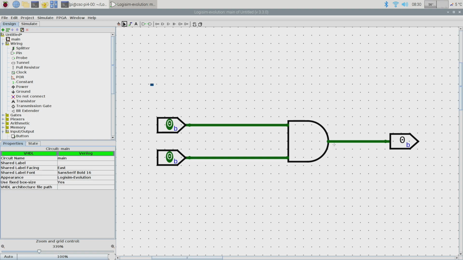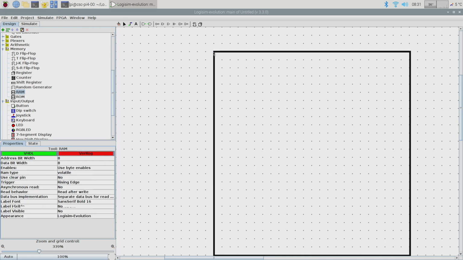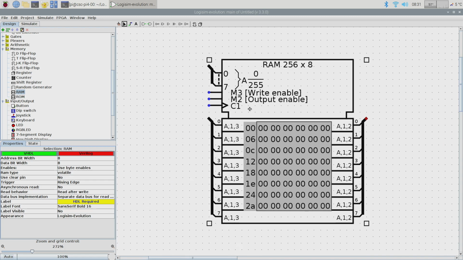Well, the memory, let me delete all this. The memory is easy. Namely, you go to memory, and what kind of memory do we want? Let's say RAM, and we plop this big old thing. Okay, and then if I click on it, then I can configure how much memory it is. Okay, well, what do I need to do to specify how this memory is going to work? I need to say how much